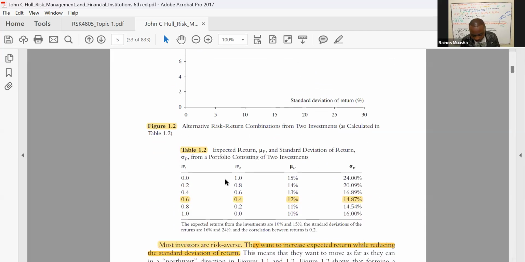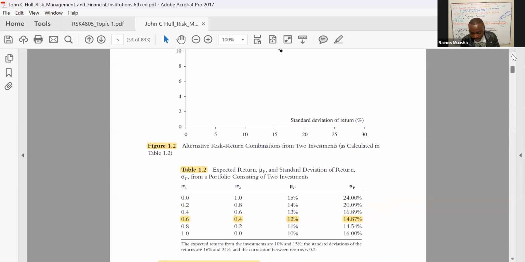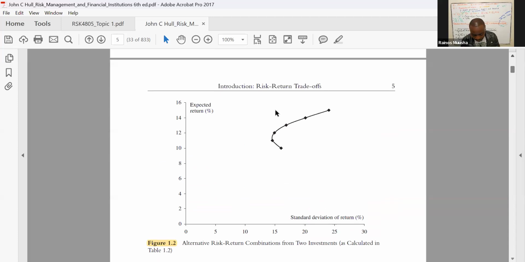The information they give us says that if you have 0% weight in asset 1 and 100% weight in asset 2, your expected return should be 15% and your standard deviation should be 24%. So if we plot these two together to see exactly where they meet,